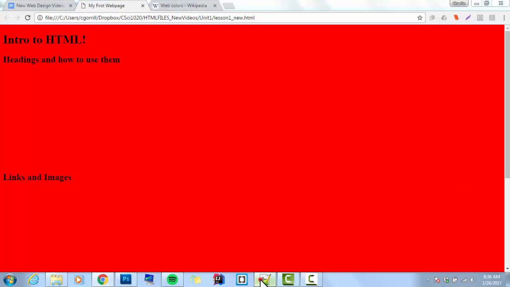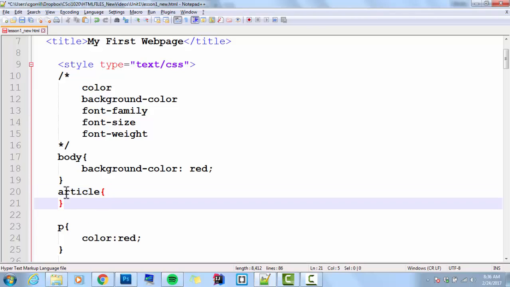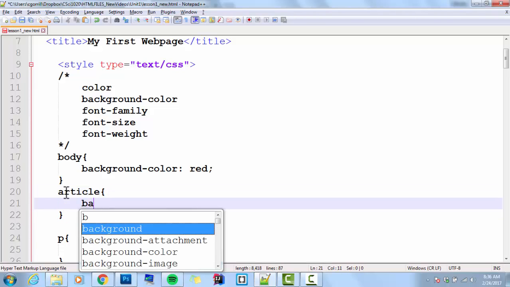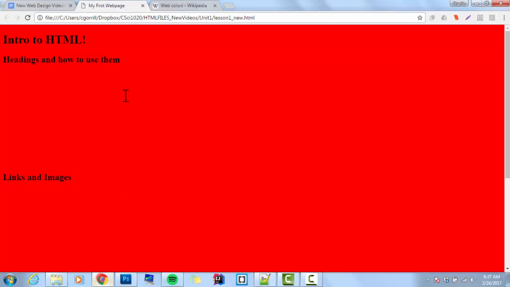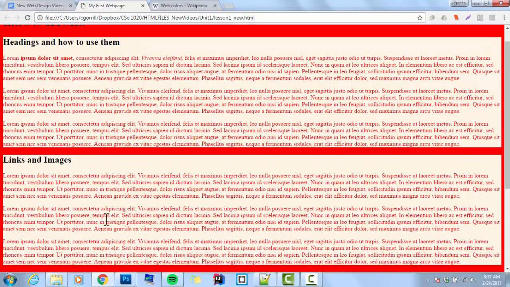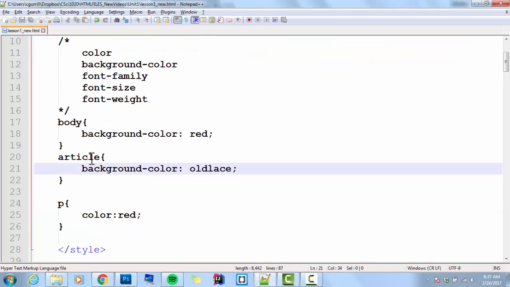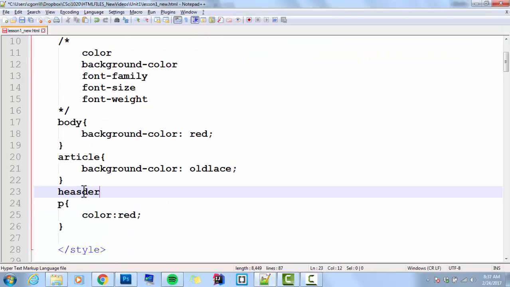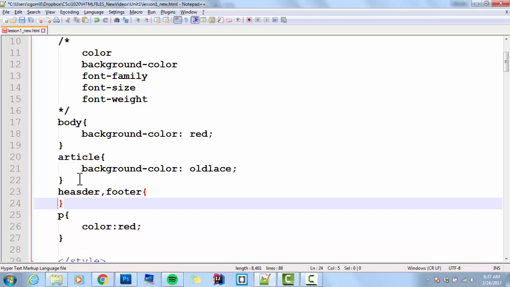If I set the background color of an article, select article, give it a background color, old lace, for example, just the articles would get that background color. Okay, so each one of these articles has their own background color. If I gave header and footer a background color, select header, comma, footer. What I just did there is I have